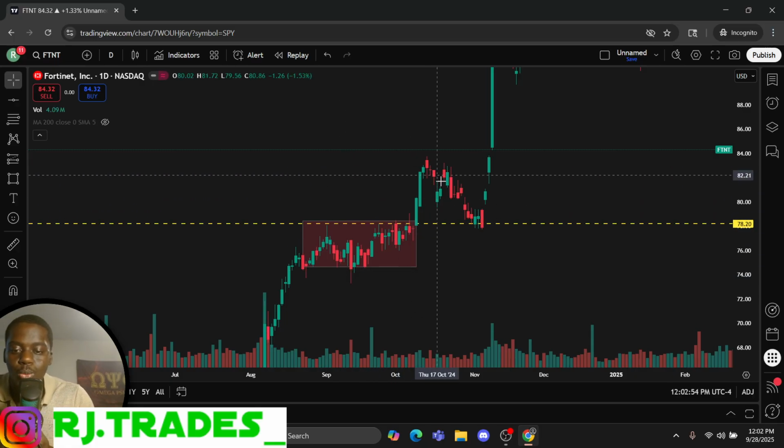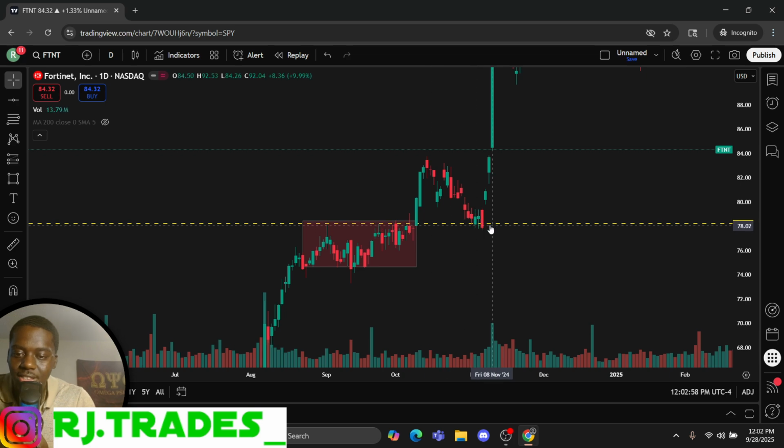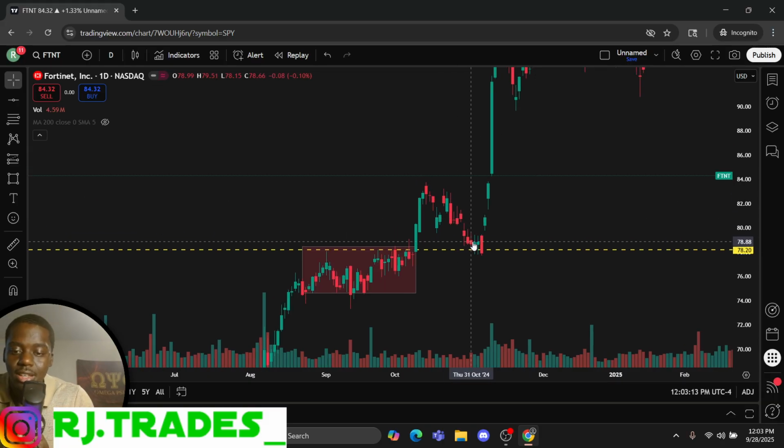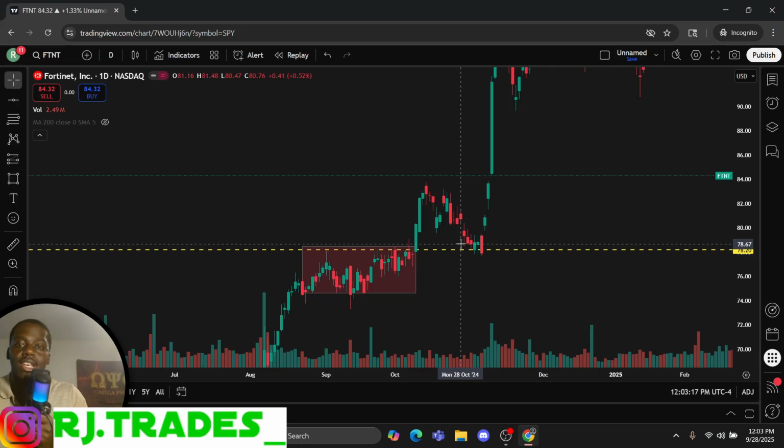Notice when we broke out, we came back down, and notice that when we came back down, we came back to our same line, and this turned into a support. What is a support? A place where a stock has had trouble going below. So it was a resistance. Now it came back and turned into a support. The buyers said, okay, we do like it here. Y'all want to bring it back down? We're going to take it back up again.